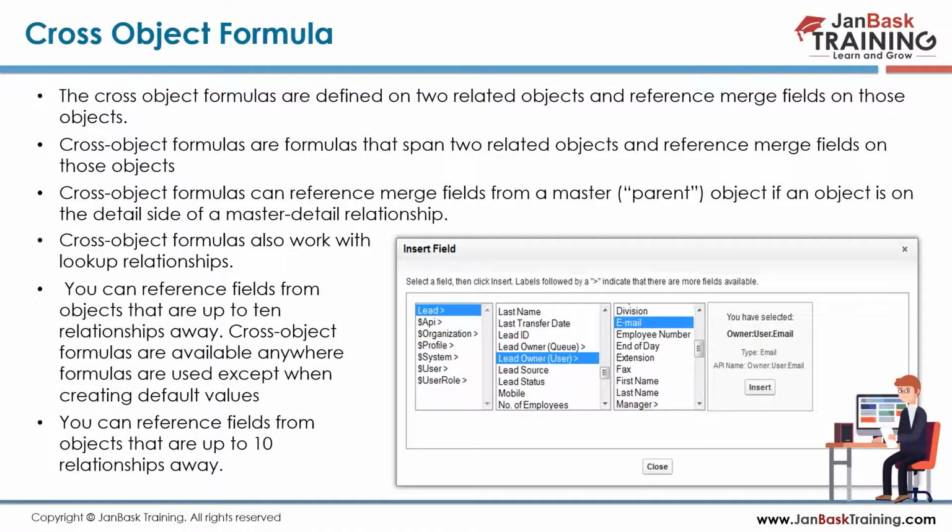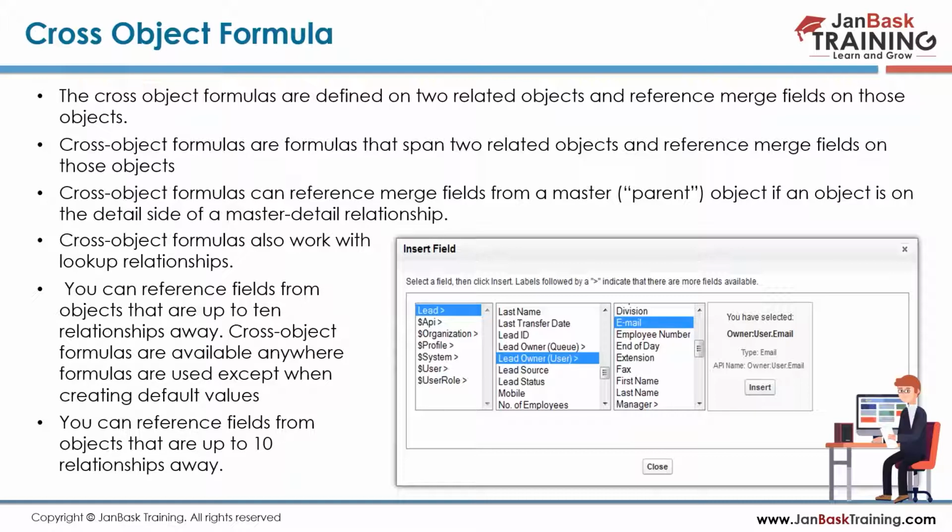I can do that. Or suppose there is some percentage of commission that I am capturing on a particular account. So my sales user is eligible to get a commission of 1% from this account. Whenever any order is created on this account, automatically 1% gets added to it by default. For some accounts it can be 1%, for the remaining accounts it can be 2%, 3%. It depends. And the formula field will do the calculation automatically.